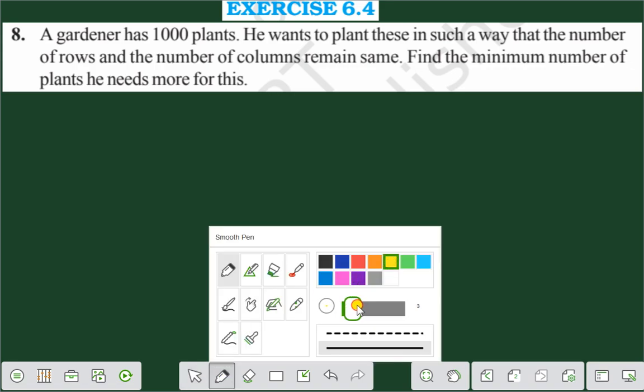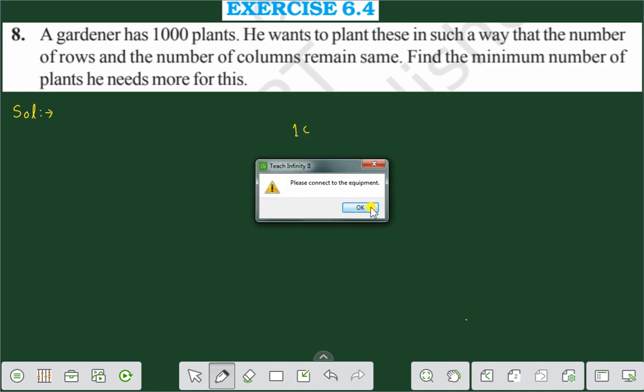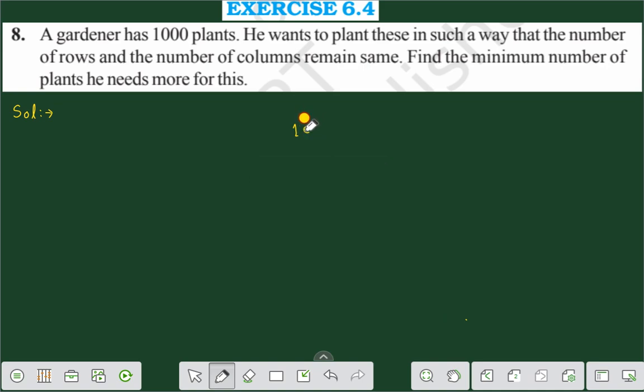First of all, let us find the square root of 1000. The number is 1000. 1, 0, 0, 0. Put the bars here. 0, 0, 10. Now